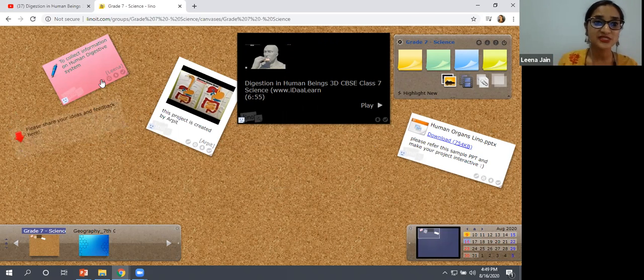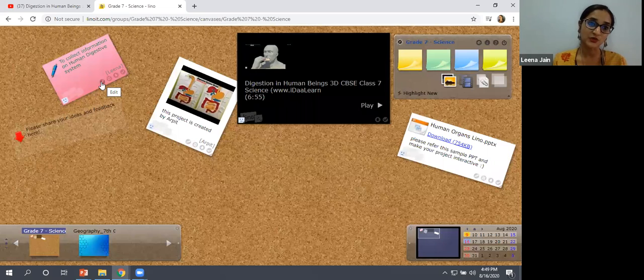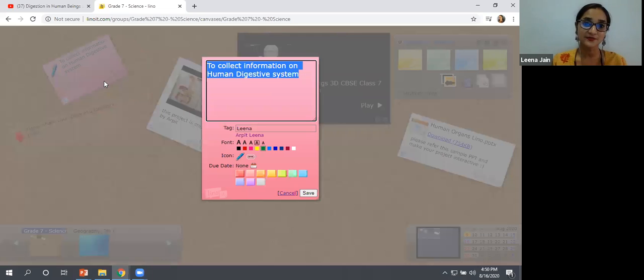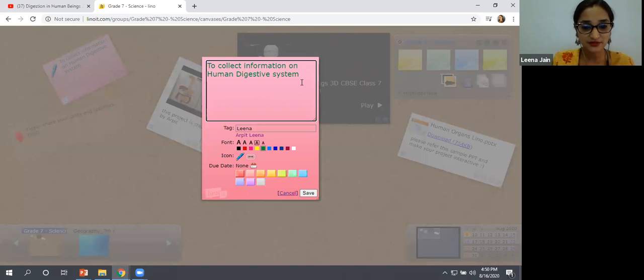Okay. Apart from this, now I feel that I want to edit this. You can see here a pencil kind of button or icon. When you hover over here, you will see an edit option. So I'm going to click here. You can edit it here. Okay, like this. Okay, after editing, you can simply save this.